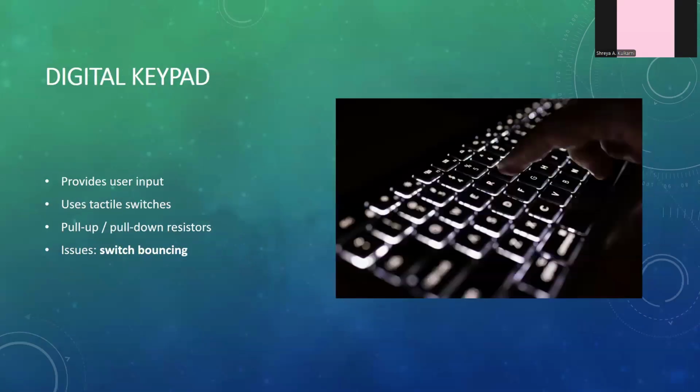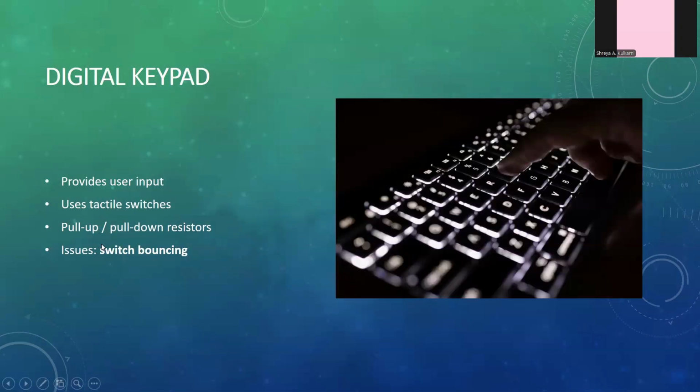Next, we looked at the digital keypad. The digital keypad that we had in our microcontroller is a matrix keypad which has 4 rows and 3 columns. These include numbers from 1 to 9, and then in the bottom row we had hash, 0 and star.